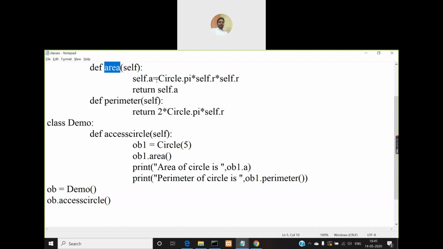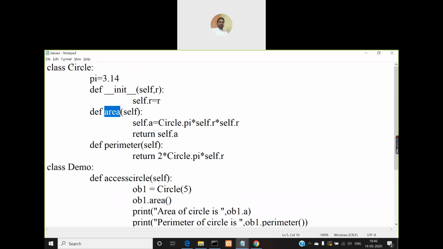So always see that when you create classes and add methods into those classes and create some variables, all the names of the variables and classes and methods are different. Don't use the same name, right? So for this class, what is the name of the class? Circle. And the method name is area. And variables, you have one class variable pi that is different, and here I'm creating a variable called a, so this is also different. So this will be fine for me.